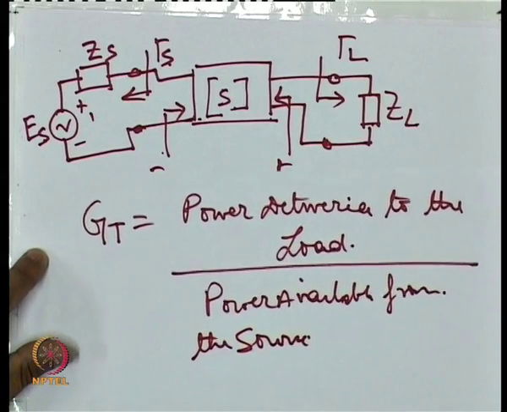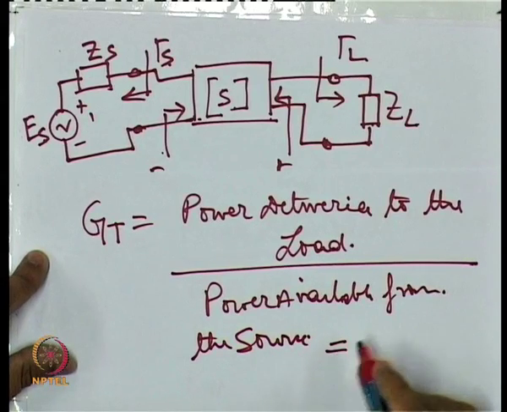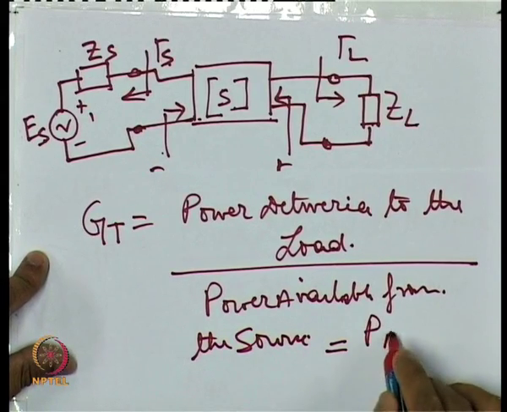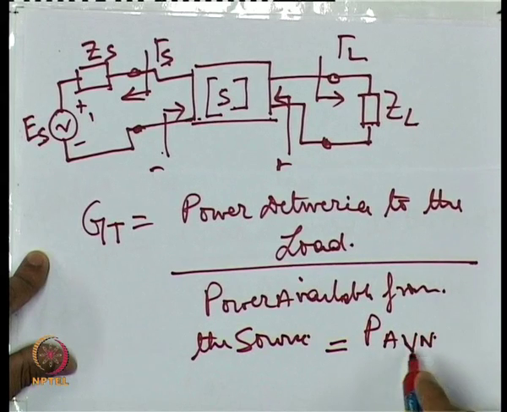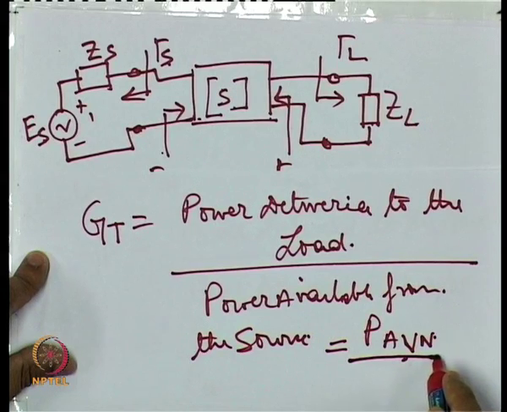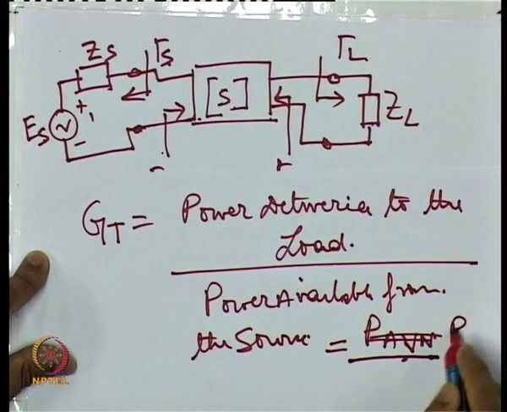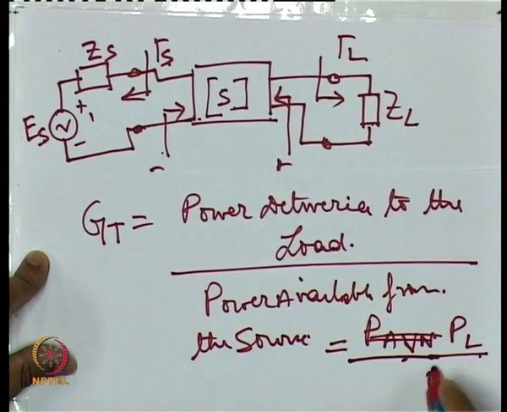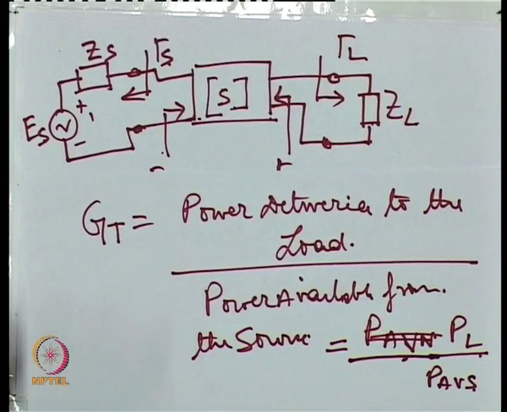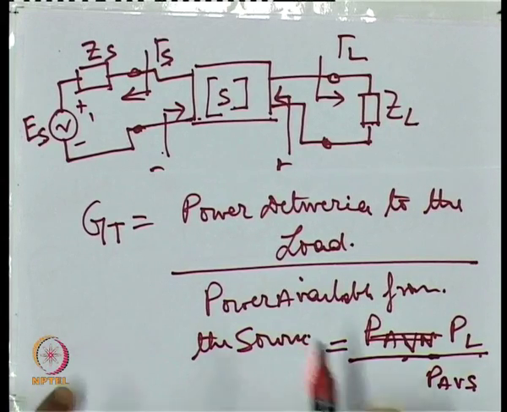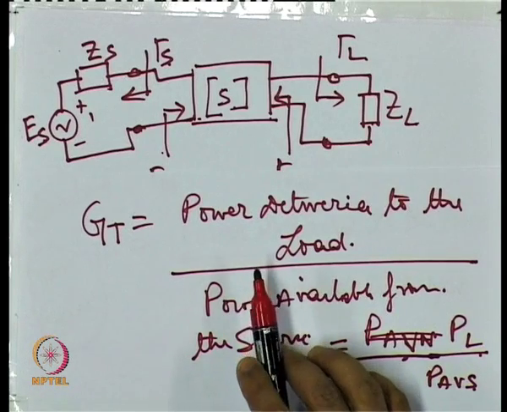So this is PL upon PAVS, and this is the gain actually that matters the most, because when we mention the term gain,